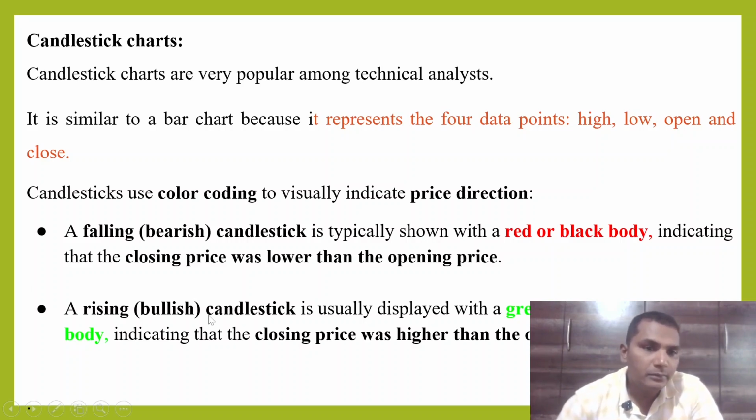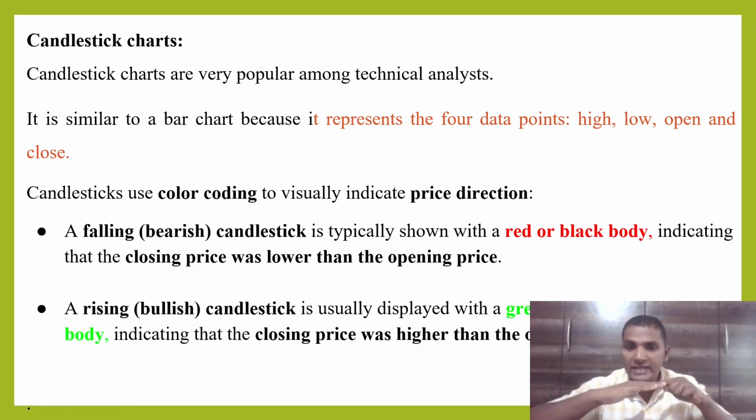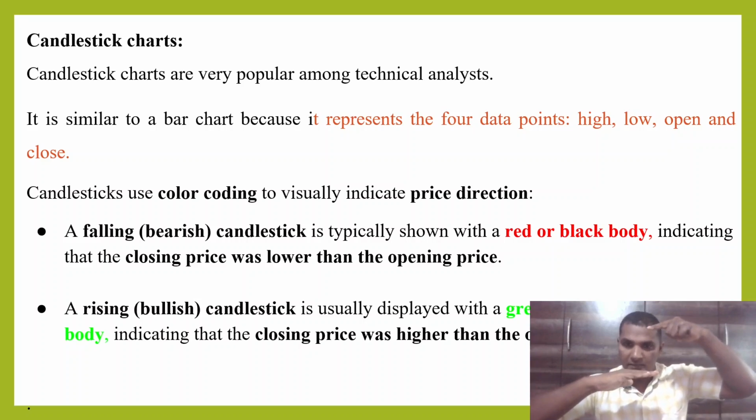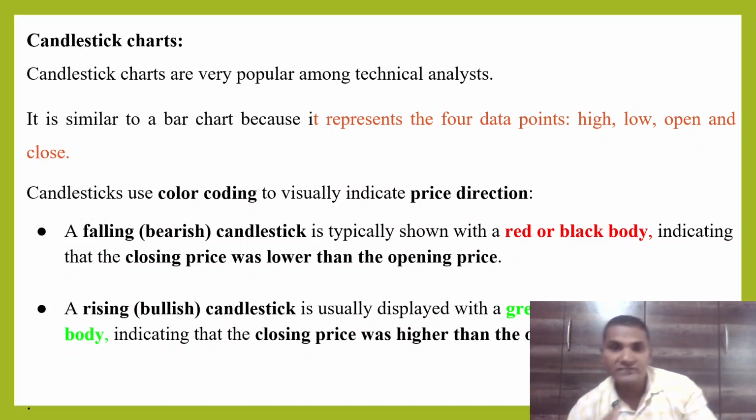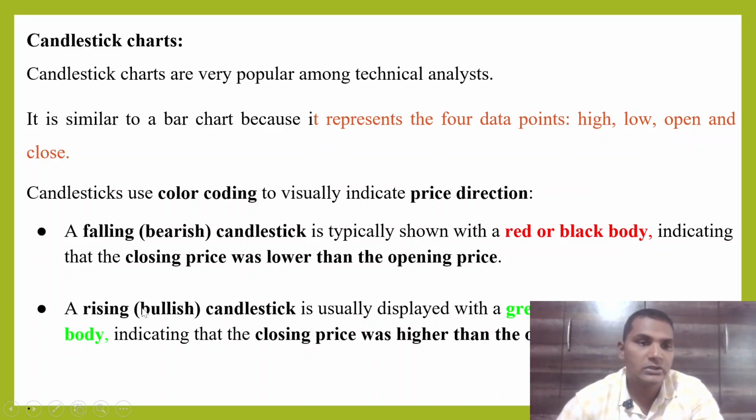Then in the bullish candlestick what happened, generally the price open at low and the close at higher। मतलब the price open at suppose 50 rupees and close at 90 rupees, मतलब price is increased from 50 to 90। So in that way generally that candle is presented with the green color और उसको हम bullish candle कहते हैं।